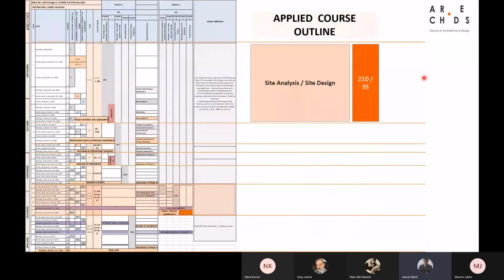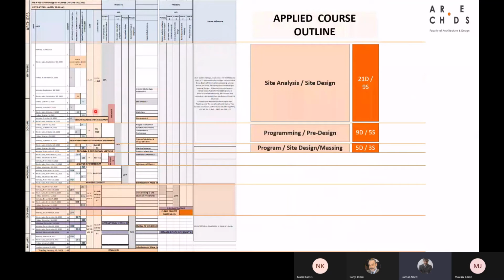The site analysis and site design took around 21 days and 9 sessions, programming and pre-design 9 days and 5, and you could see, by the way, here in red the extensions that we had to